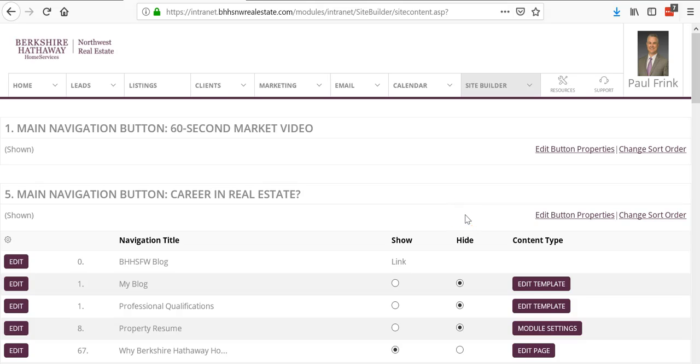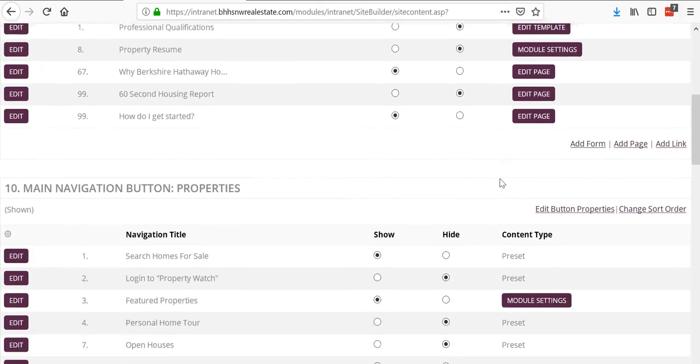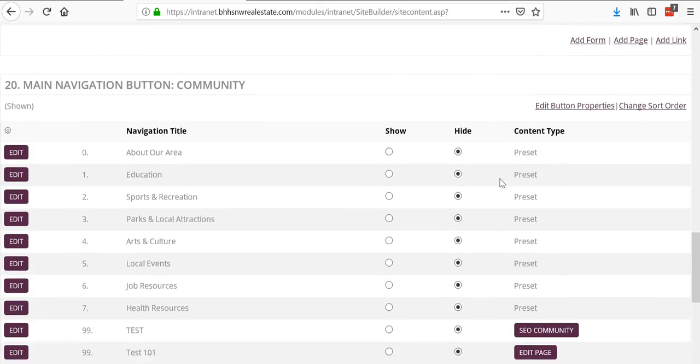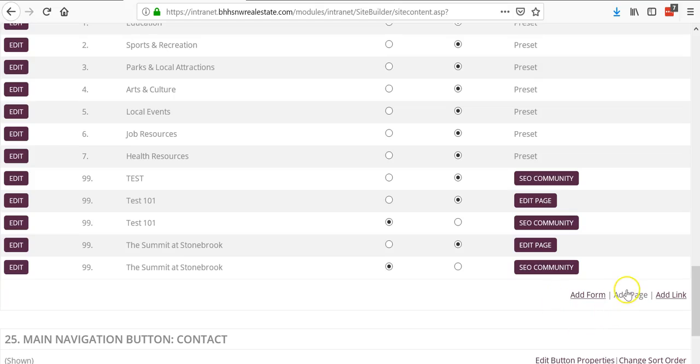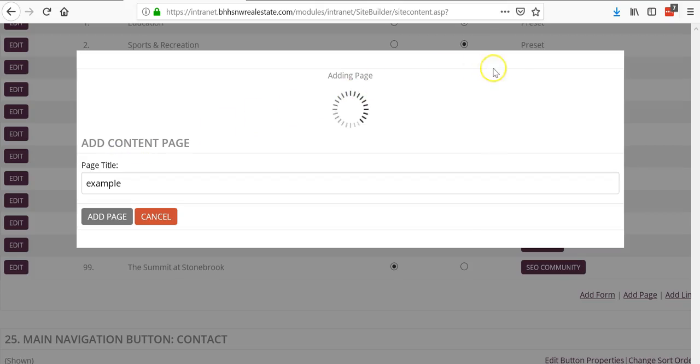Okay, everybody, I am going to show you how to create an SEO page for your farm so you can get better SEO on your website. So first thing you want to do is go to Community, click Add Page, and then for this I'm going to put Example as the title. Then Add Page,